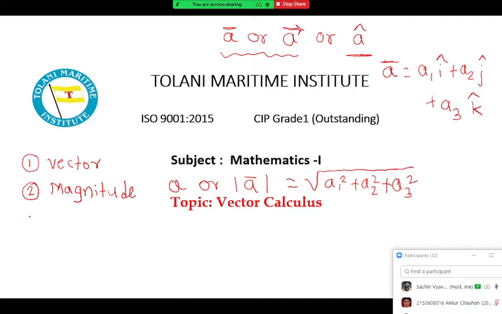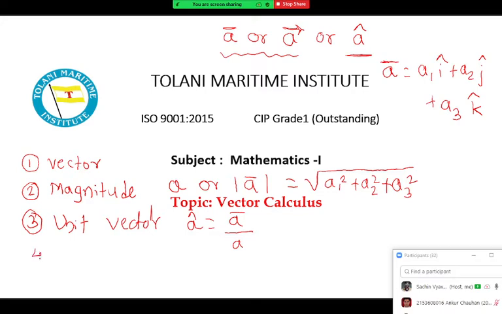The third thing that we said is the unit vector. We can get a unit vector provided we are given a vector a bar. We can just take a cap equal to a bar divided by its own magnitude. So you can write a bar upon a, or a bar upon mod a bar. That is about a unit vector, the third definition you should know.